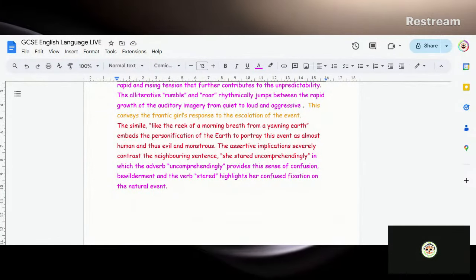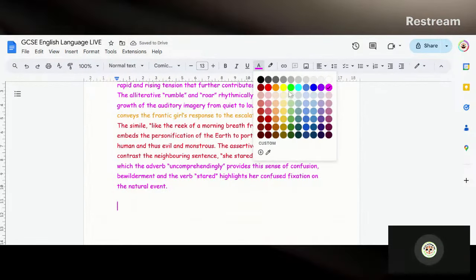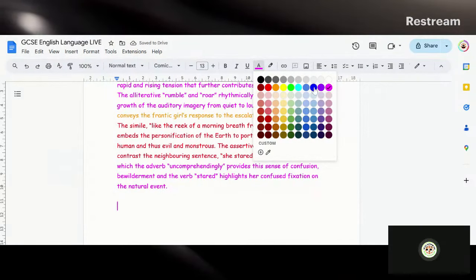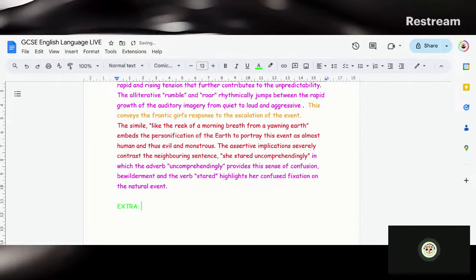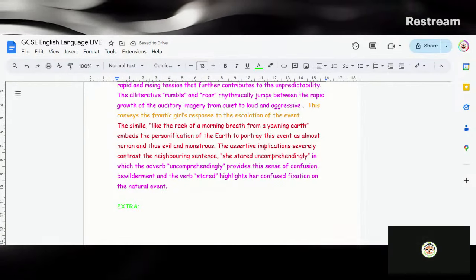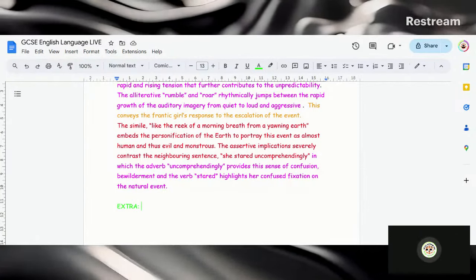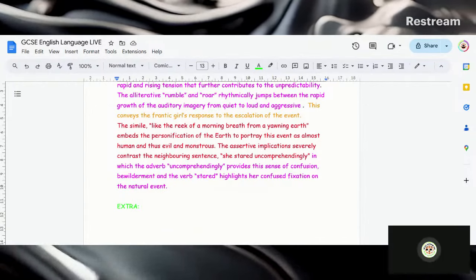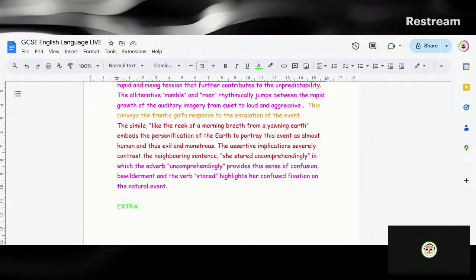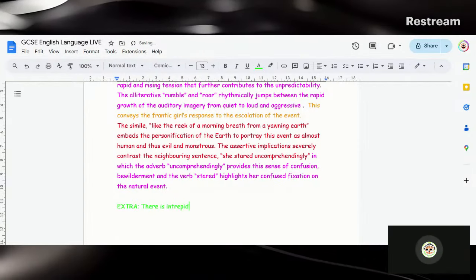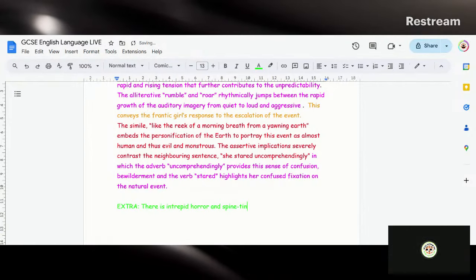Now, I did have another idea of what we can put for another one, but it's not necessarily required. So I'm going to just put it in, let's see, green. So extra, because obviously, if I was writing this in exam time, it would be much quicker because I'm struggling to type a little bit. And therefore, during that time, I think I would have enough time to just quickly fit in another sentence where I can say that there is intrepid horror and spine-tingling